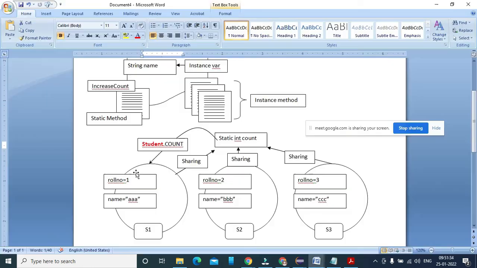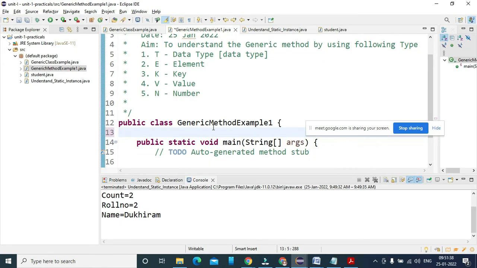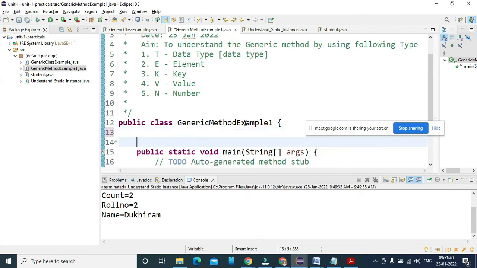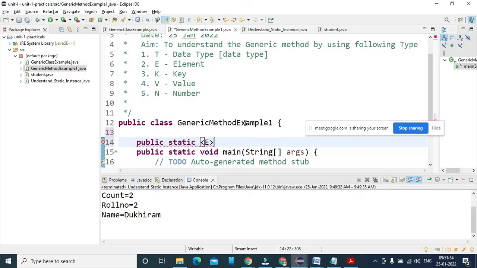So let us understand what static methods are. We are going to define a static method here. I'm choosing public and static, and here I'm using E, which stands for element, any kind of element, and I can define any kind of array.